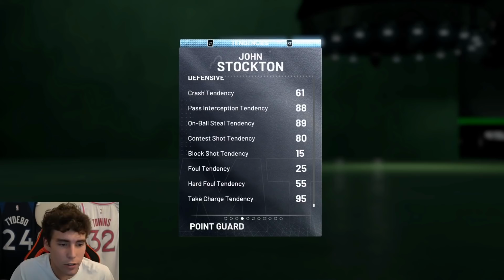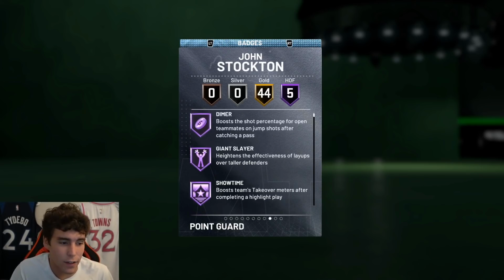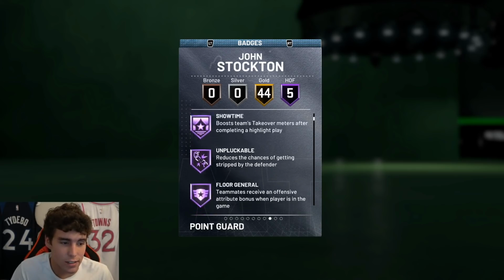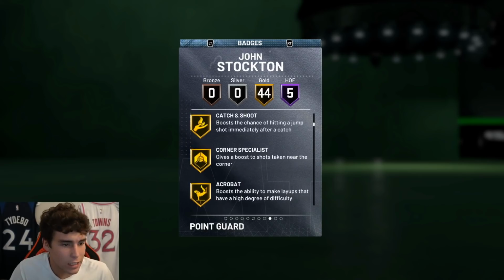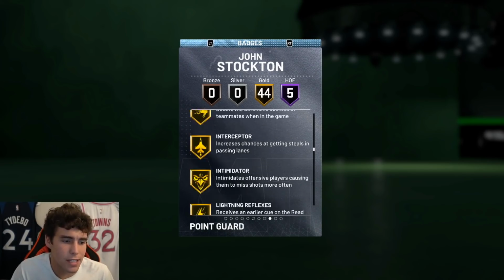You just aren't. Great driving dunk tendency, defensive tendencies are solid as well. Mine has Hall of Fame Showtime, so he gets consistent Showtime dunks, as well as Dimer, Giant Slayer, Showtime, Unpluckable, and Floor General. You look at the gold badges, catch and shoot does come with pickpocket, pick dodger, clamps, interceptor,